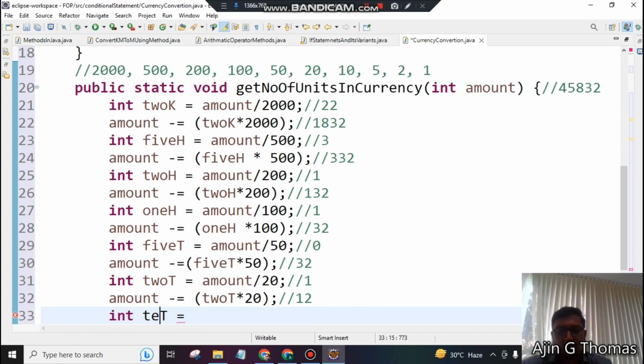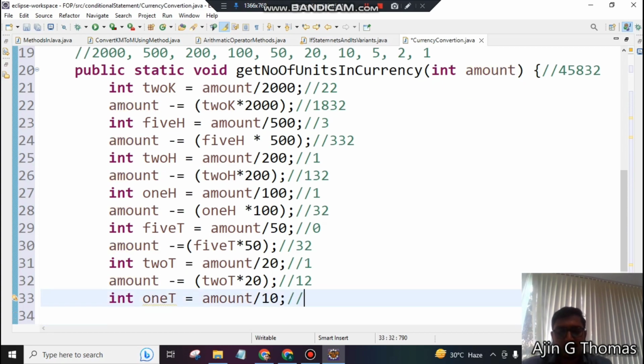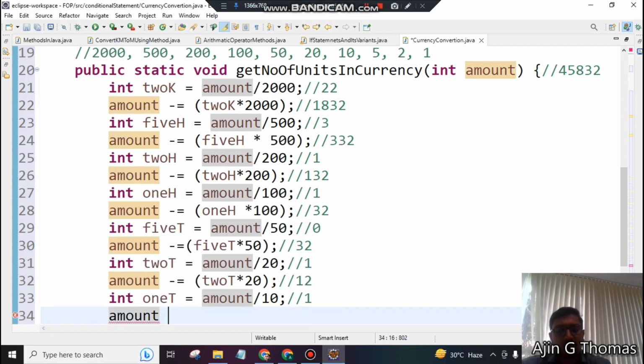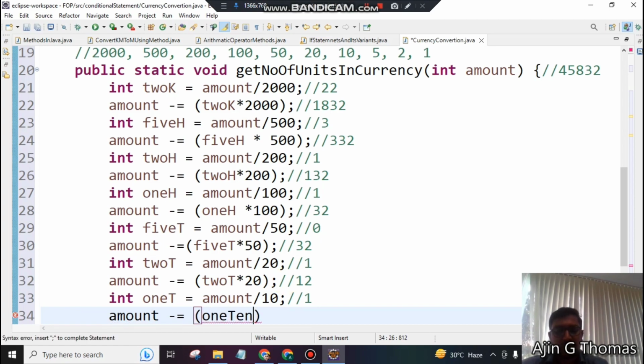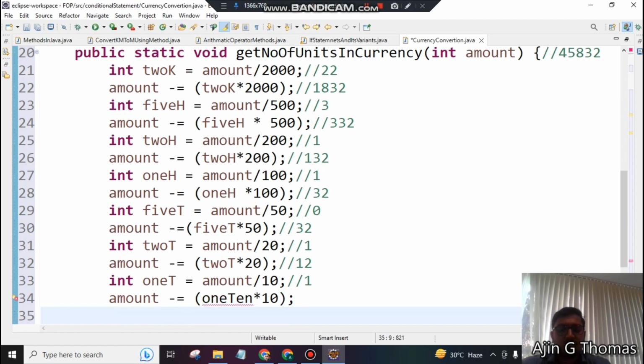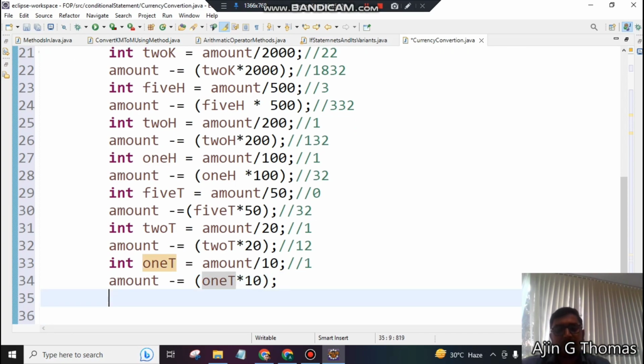10 equal to amount divided by 10. What will be the result? 1. Then amount, what change will happen in amount? Minus equal to 10 into 10. Correct. Then, oh yes, then